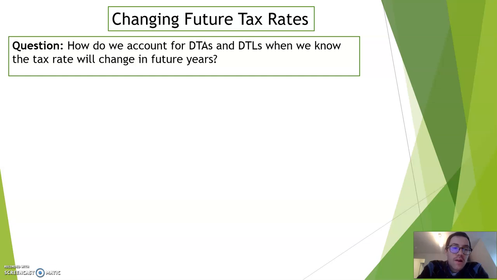We're not going to change our accounting method just because it's likely that the future tax rate will change or something like that. We're never going to do that. But if we know, what do we do? Because if you think about these deferred tax assets, right? If you remember from the previous video,